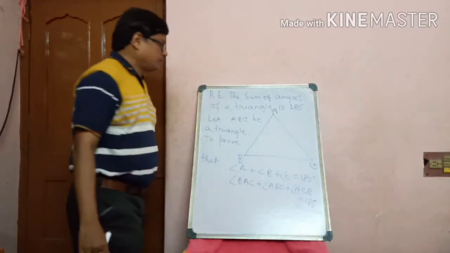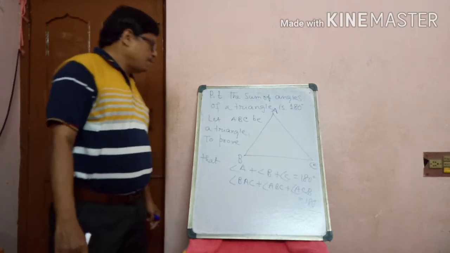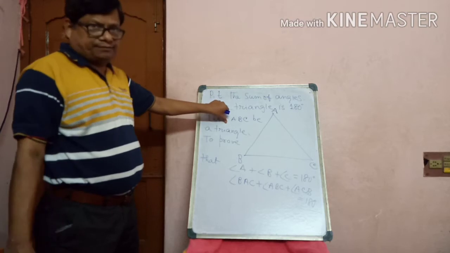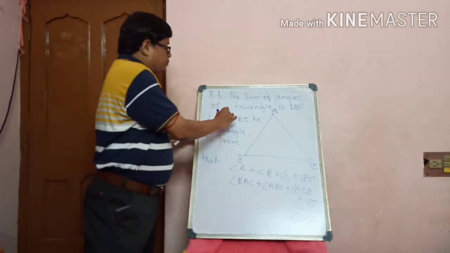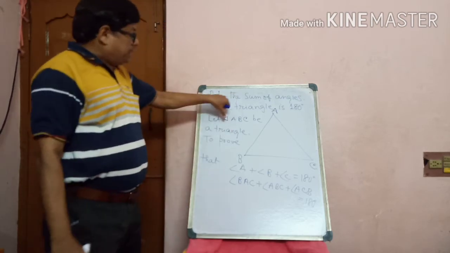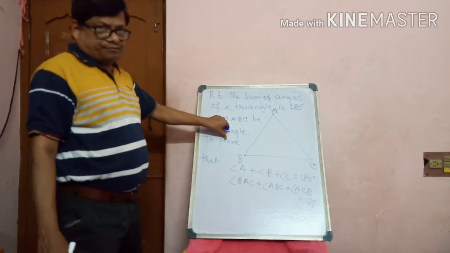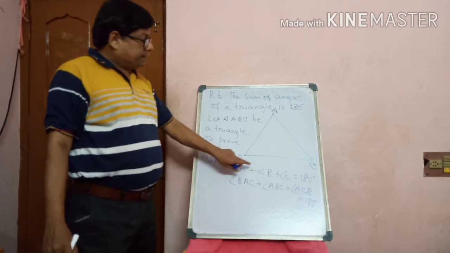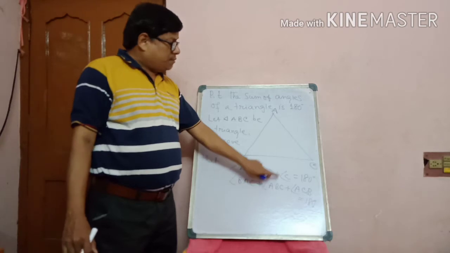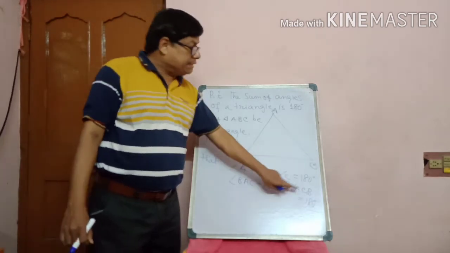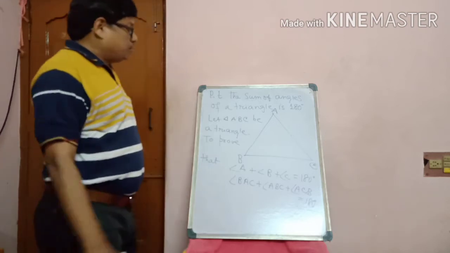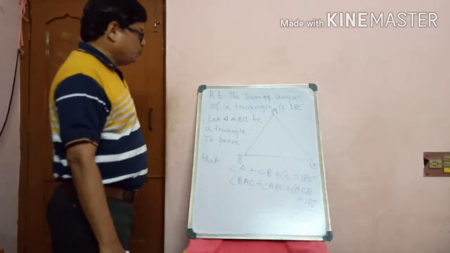Look at here. First write let ABC be a triangle. You can give the triangle sign, no problem either. ABC is a triangle. To prove that angle A, that means BAC, angle B, that is ABC, angle C, that is ACB, is 180 degree. Now one construction is there. We have to construct.